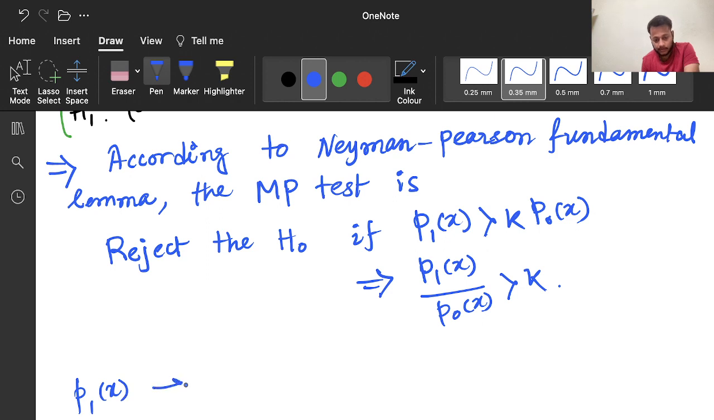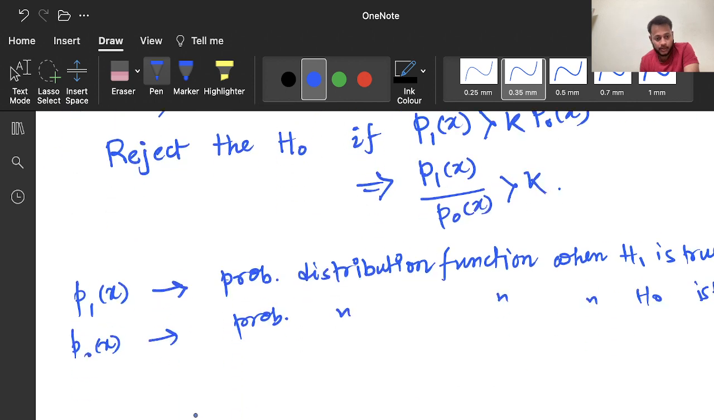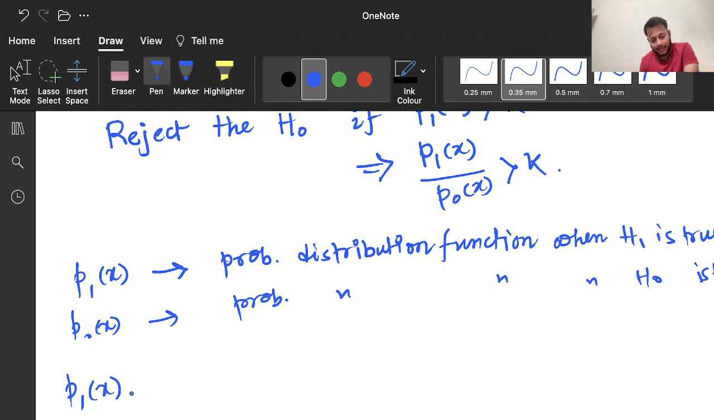P1x is the probability distribution function when H1 is true. P0x is the probability distribution function when H0 is true. So what is the P1x? P1x is